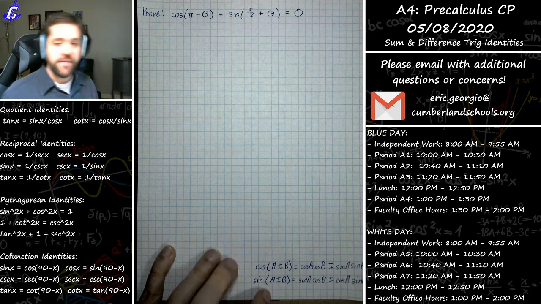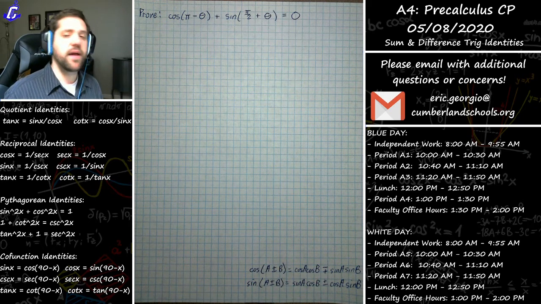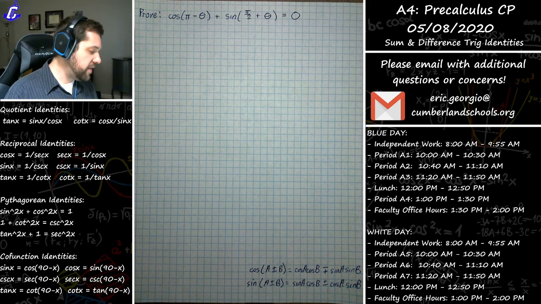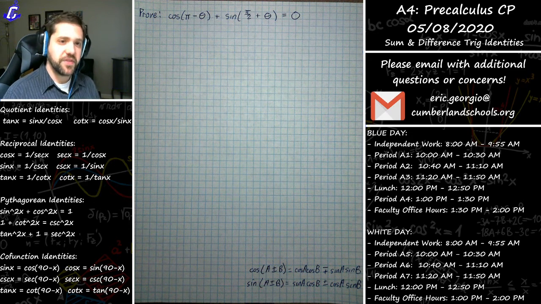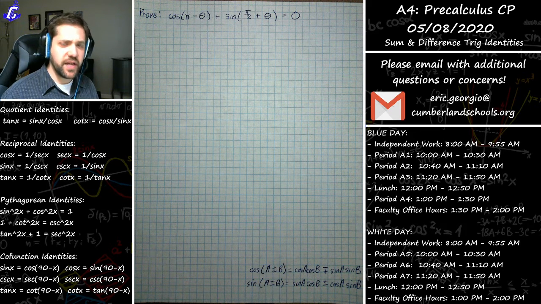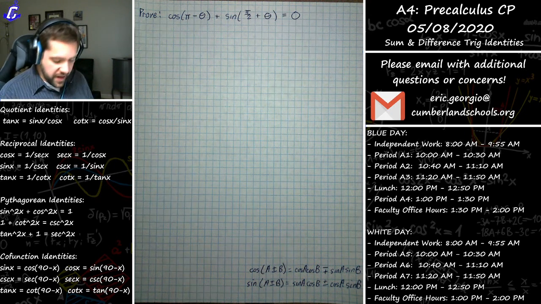I highly recommend having those formulas handy while you're doing any sort of assessment or work based on this stuff. Also, make sure that you have your unit circle information, your exact values, handy, because that's certainly going to come into play here. I'm sure you've already realized that when we've done some problems at the beginning and you were probably like, ooh, I need to get my unit circle stuff out. I know you guys are awesome, so I appreciate that. All right, let's go ahead and tackle this problem now.